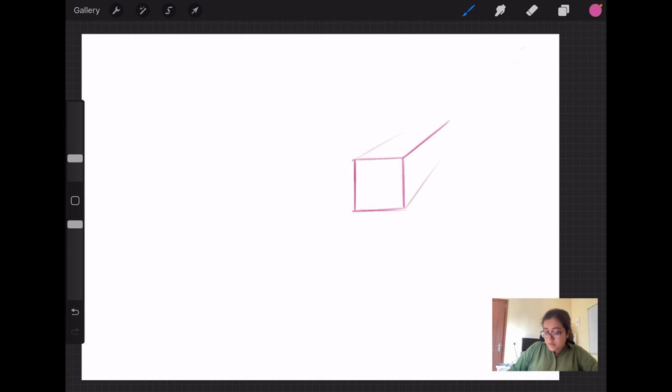See, you realize all of these lines are going in one direction, so if you extend them they're going to meet. And then you can just make the back side something like this. If you are new, I would prefer you to make the orthogonals kind of bigger so that you get them right. And see, that's how you got your cuboid in space.